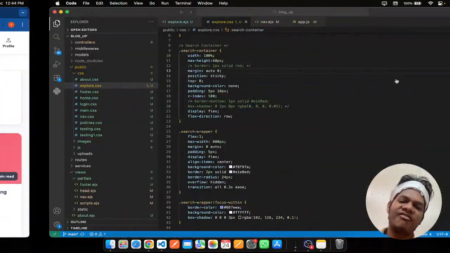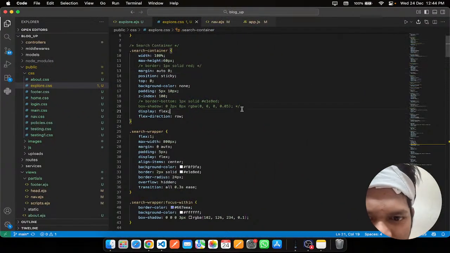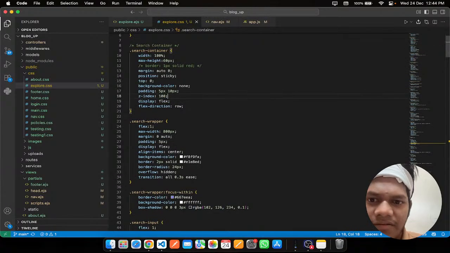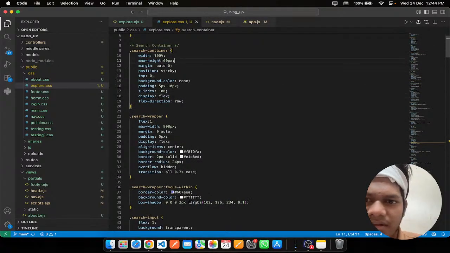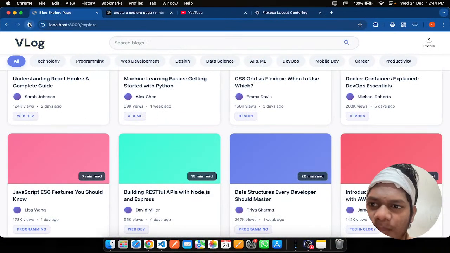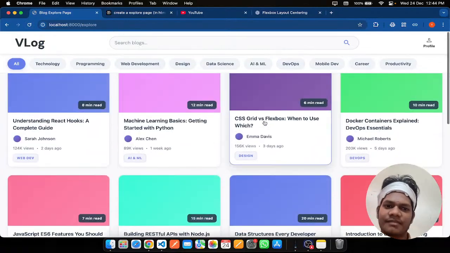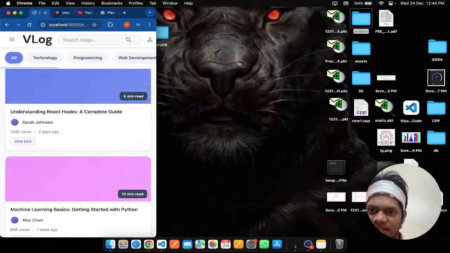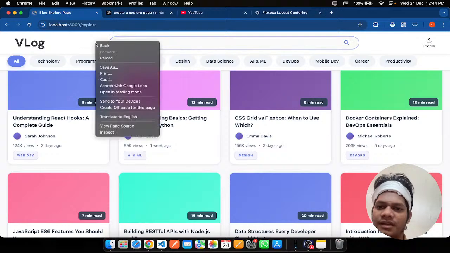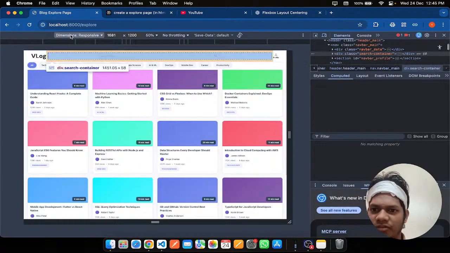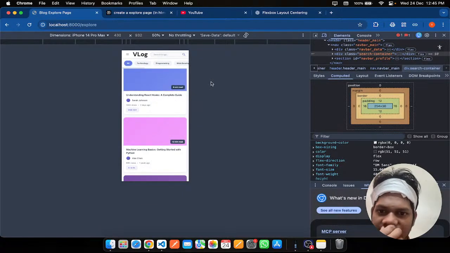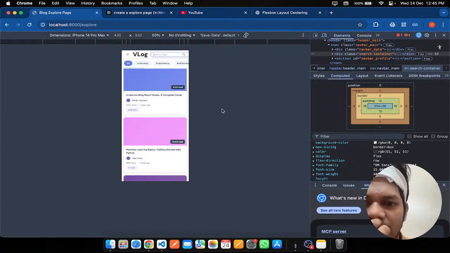Now it is working fine. I have done this. Okay, it is working fine. Now you can see the search block. Now inspect, and we are going for some iPhones. It is working. We have search blocks, and here